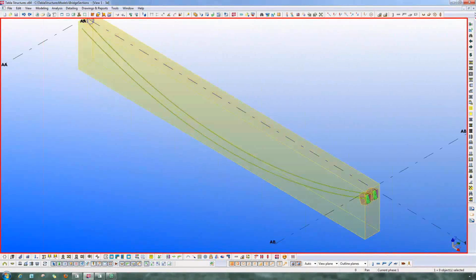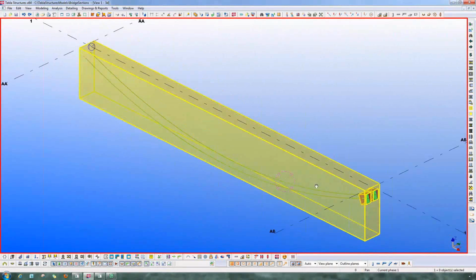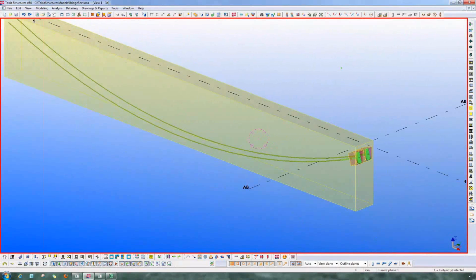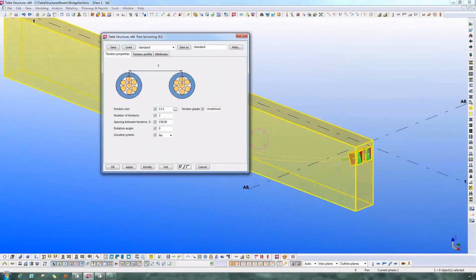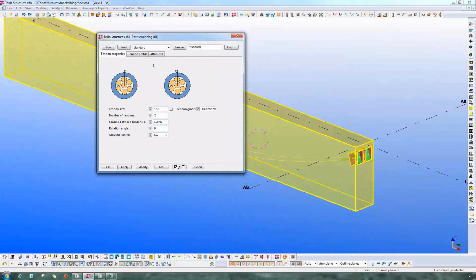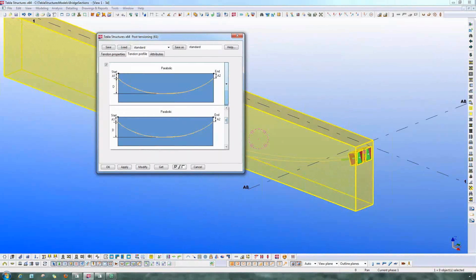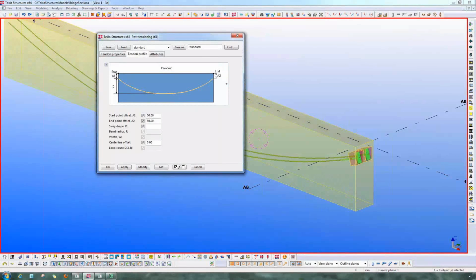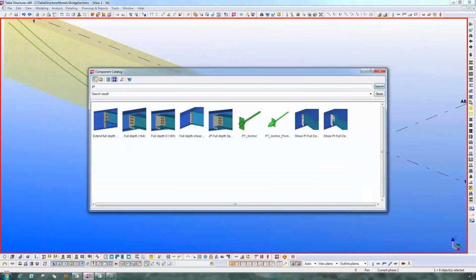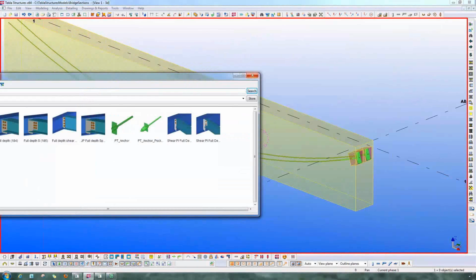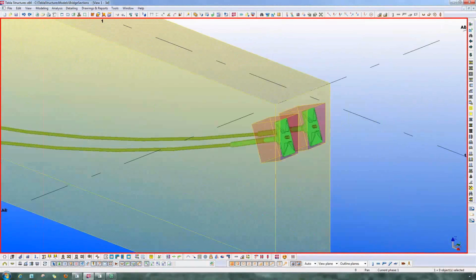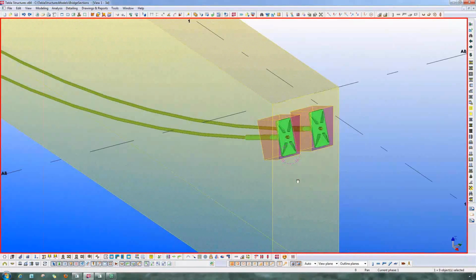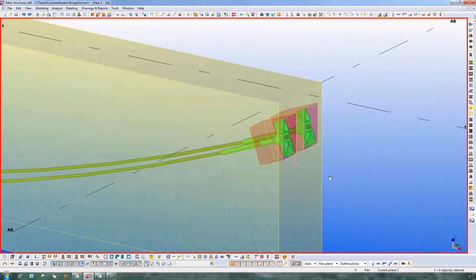So I have a simple post tension information modeled just to understand the feature. And this is the post tension macro where we have the size of the tendons and the spacing between the tendons, and the profile, how it is going to be. So we have different options available, and even the end blocks. So we have some macros to model these end blocks, and if required, according to the company specific end block details, we can create and deliver